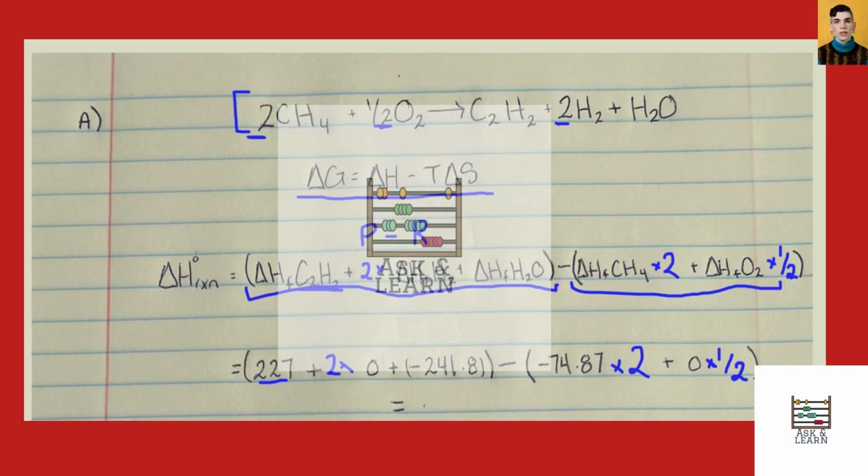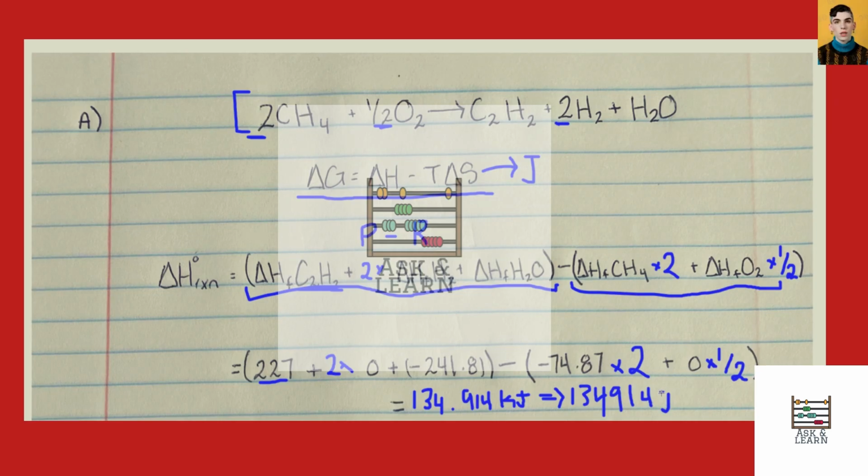Great. So if you want to pause the video and do that calculation really quickly, you should get a delta H of reaction of 134.914 kilojoules. And since we know we're going to put this in an equation with delta S, which is in joules, we're going to want to change our delta H into joules so that we have the same units throughout. So again, we're just going to multiply by 1,000 and we'll get 134,914